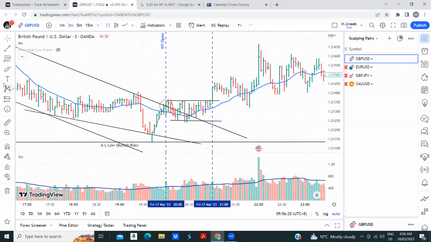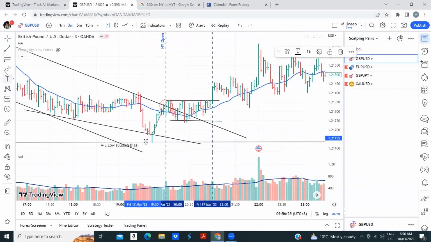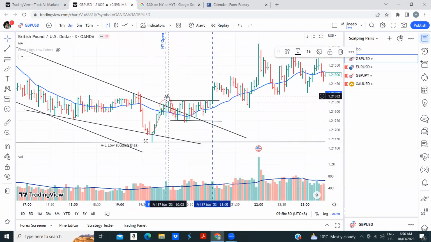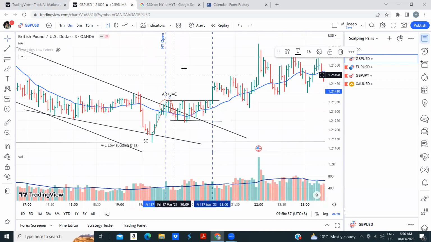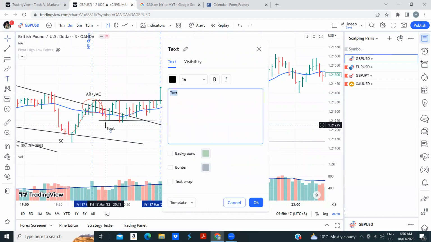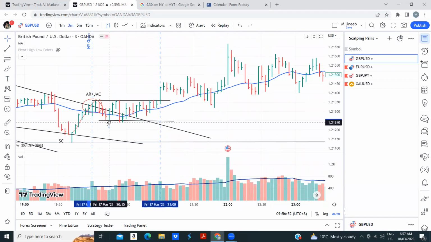Buying climax? Just market. Sorry, selling climax. This one should be AR plus JAC, right? Yeah. Okay. And then what do we have here? And you see increasing volume, okay? And then the price came down, okay? The price made what? Secondary test. After secondary test, the price,